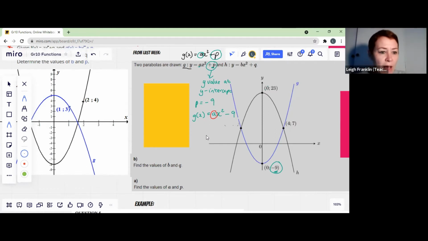Now, we can't solve for a using that. See there, there's only one y-intercept. There's only one place where the graph cuts the y-axis. So here, if you follow the blue line from up here where this little red circle is, and you go all the way down the blue line, when you get here, that's an x-intercept. And then if you continue to follow the blue line over here, that is its y-intercept over there. So the y-intercept is just -9, not -9 to +9. Does that make sense, Claire?